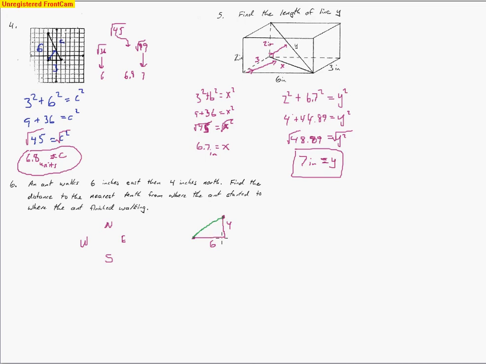So I'm going to use the Pythagorean Theorem because there's a right angle, and that's opposite, so that's our c value. So it's 6 squared plus 4 squared equals c squared. So 36 plus 16 gives me c squared, and when I add those two numbers together, I end up with 52. And when I take the square root of both sides, it gives me about 7.2, I'd say. Because again, 49 is going to be 7, and 64 is going to end up being 8. So 52 is closer to 7 than 8. So that's why I went with 7.2